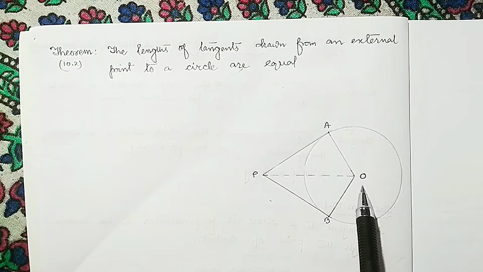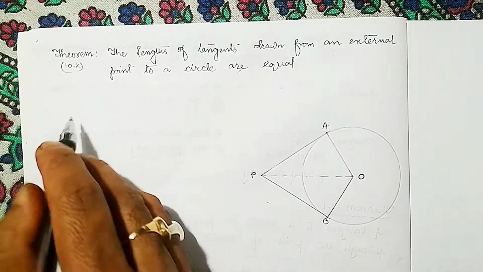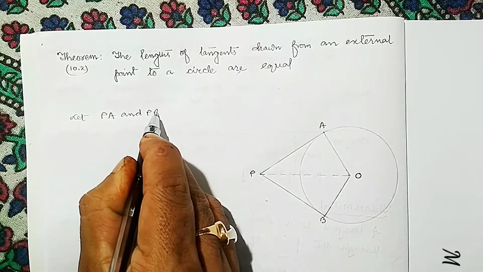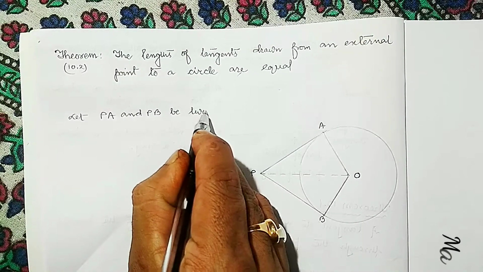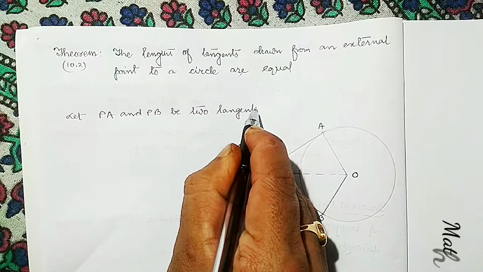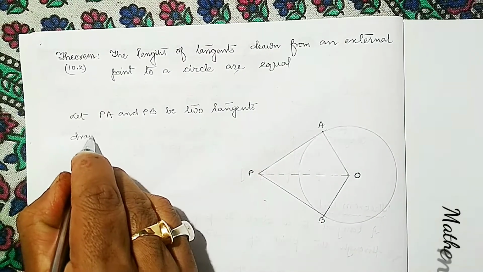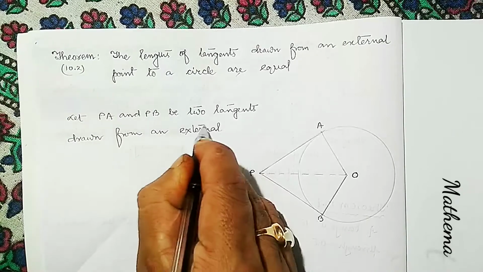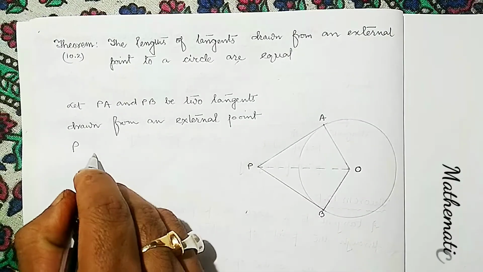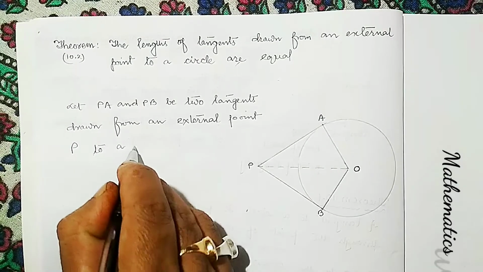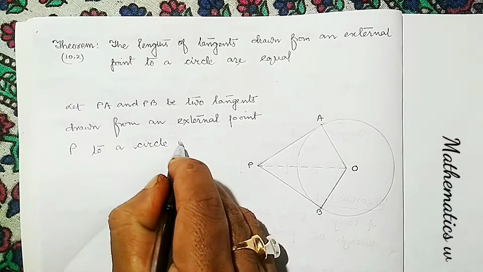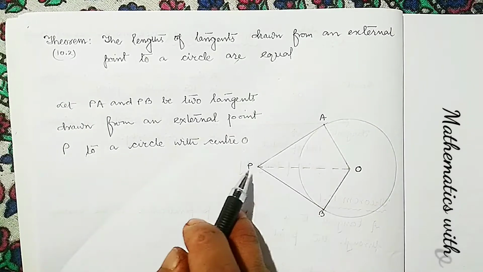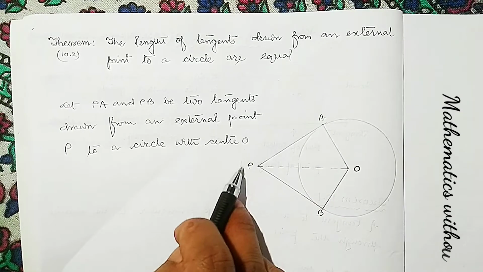As you can see in this figure, I have taken center as O and P is the external point. So we can write, let PA and PB be two tangents drawn from an external point P to a circle with center O. Okay, so what we have written, PA and PB are two tangents drawn from an external point P to a